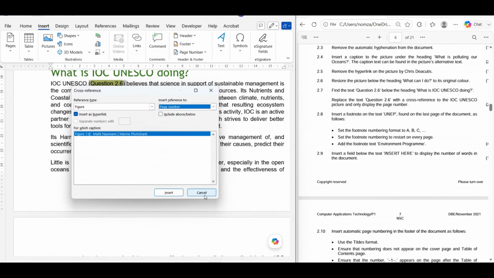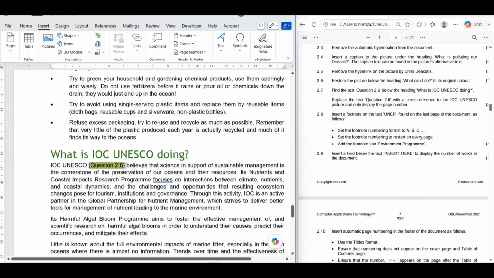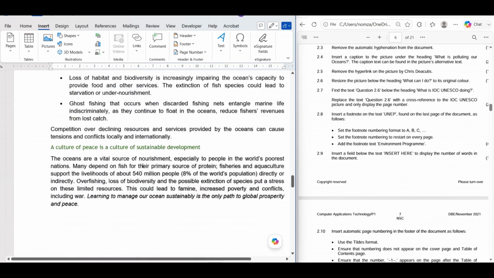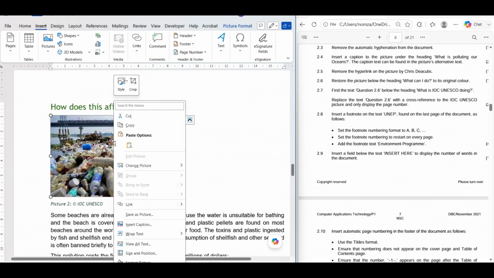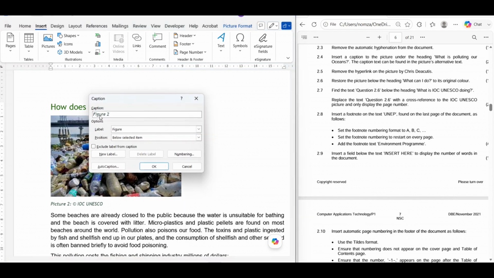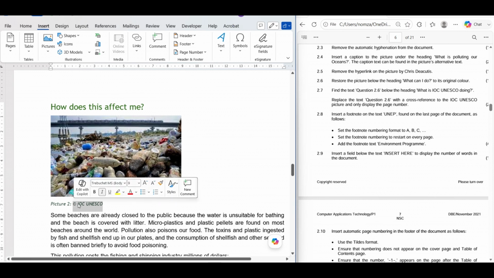So we're just going to cancel this, and then we're going to look for the image called IOC UNESCO and see if it has a caption. It looks like a caption, but let's just double check if it is an actual caption. We're just going to right click on the image, and then you see where it says insert caption. As you can see, it doesn't have a caption. So I'm going to close this, copy this name,